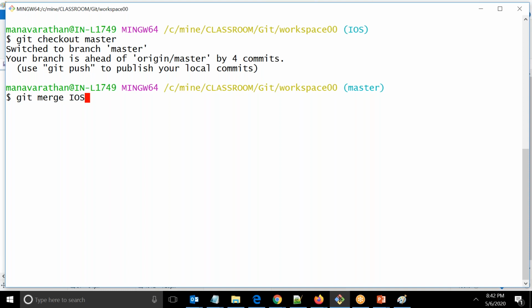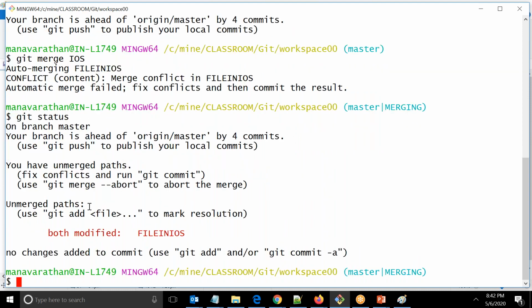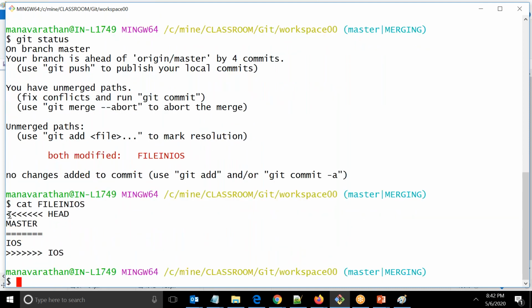Watch this. If I say git merge, the source is my iOS branch and the destination is master. Git will clearly tell you which files it has modified and what it was not able to merge, and in that, which line has the problem. So how do I know that? Here it is first telling this file has a conflict, and if you look at the git status, you can understand that it has modified the file, but it couldn't resolve because there was a conflict and it didn't know which line to take. So if you look at the file,